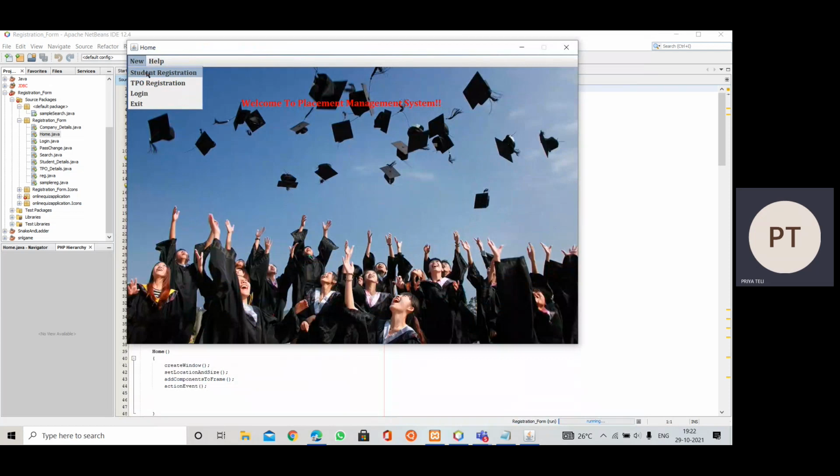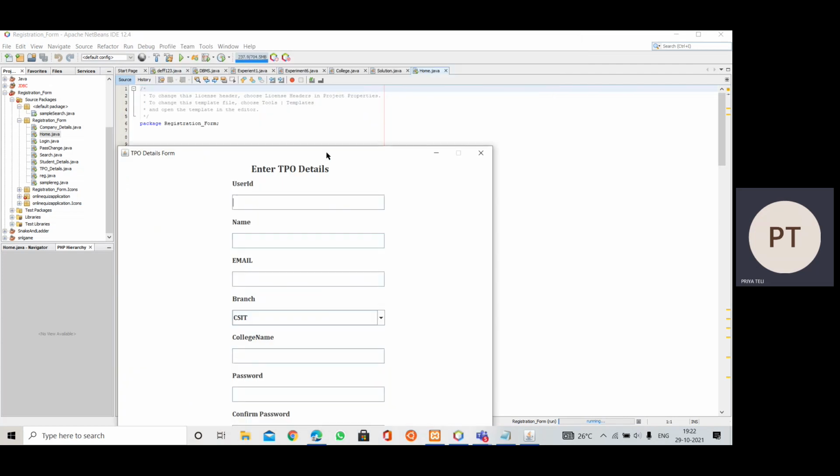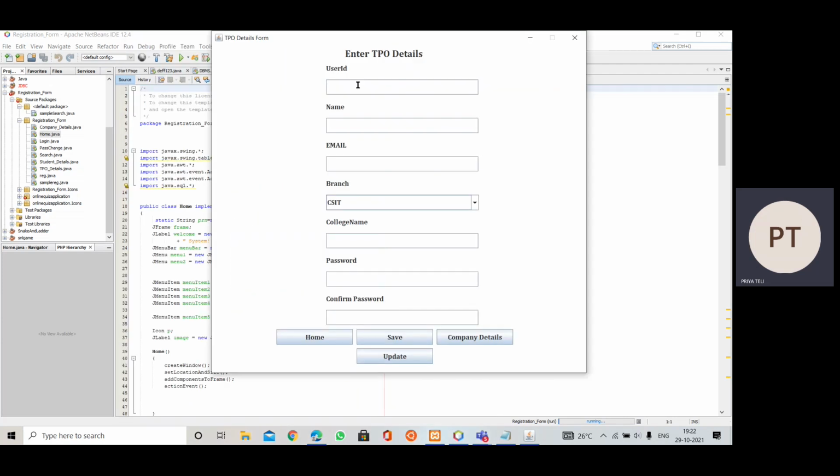Then if you are a student, you will have to go for student registration. But we have two members, that is the student and the TPO. So the TPO will also have to register for this. He will have to enter the details.